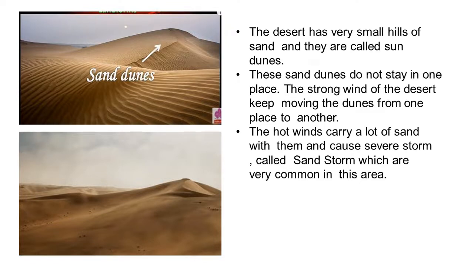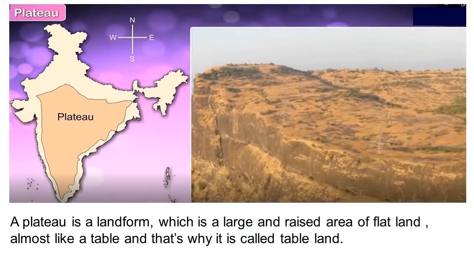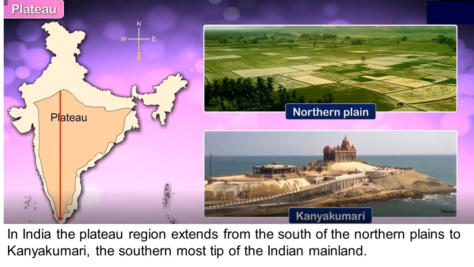All about the plateau regions. The plateau is a landform which is a large and raised area of flat land, almost like a table, and that's why it's called a tableland. In India, the plateau regions extend from the south of the northern plains to Kanyakumari, the southernmost tip of the